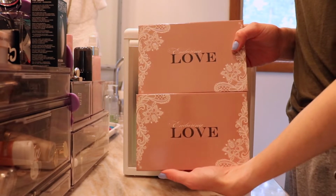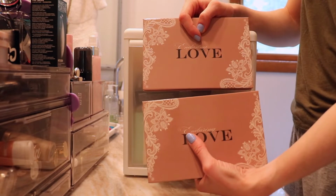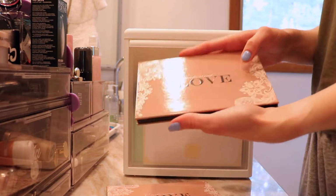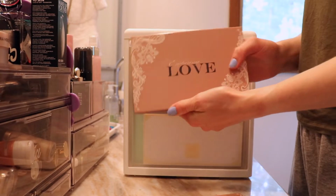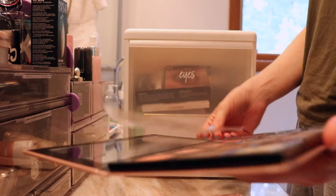I don't know how much it will come off camera, but this top one right here is meant for light to medium skin tones. And then this bottom right here is meant for deeper skin tones. I don't know if there's a palette in between, but I have 2 right here. And these are the Enduring Love palettes, and the shade names are the same,